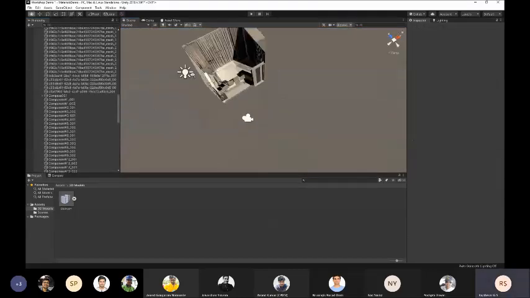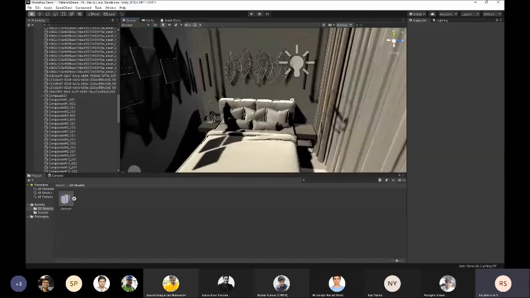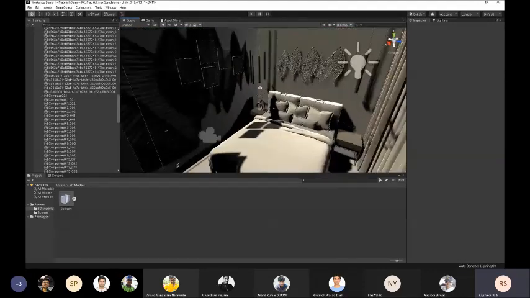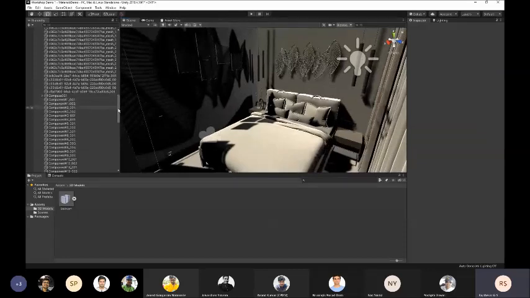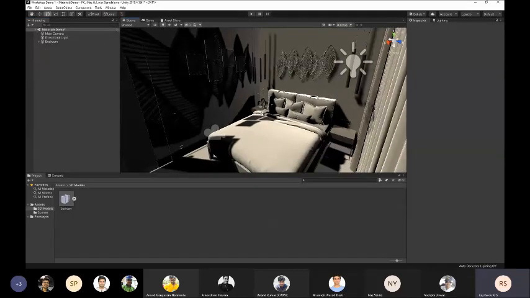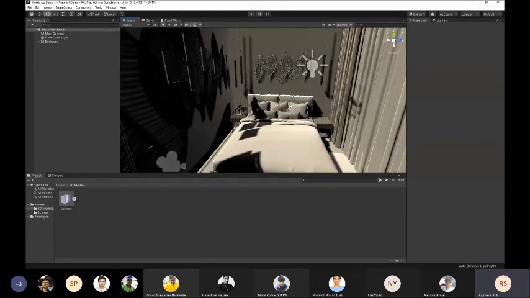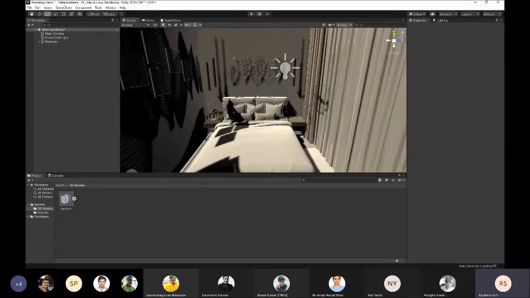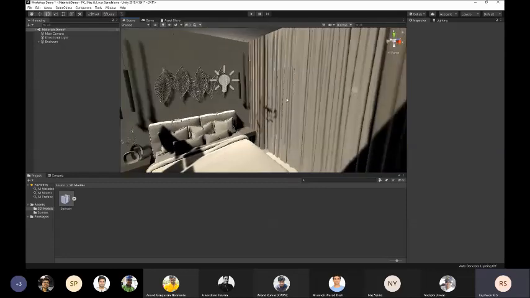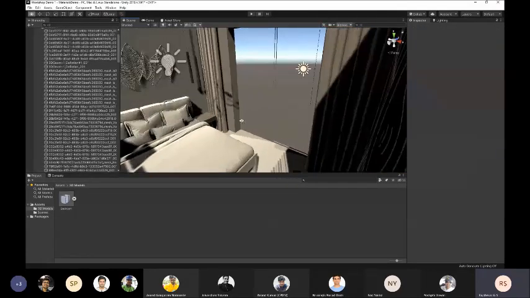So I deleted all those unnecessary objects. So let's check out how our bedroom looks. Right now it looks very bland, but that's because we haven't added any materials to it. I'll show you how to create materials and how to access textures, and we'll make this look much better. Remove these curtains, enter our room.